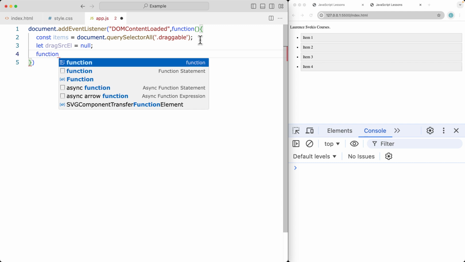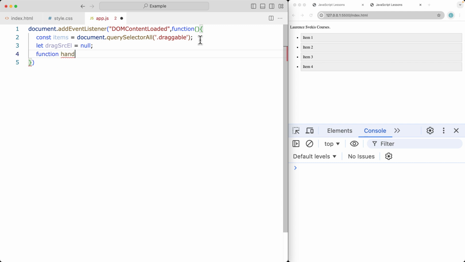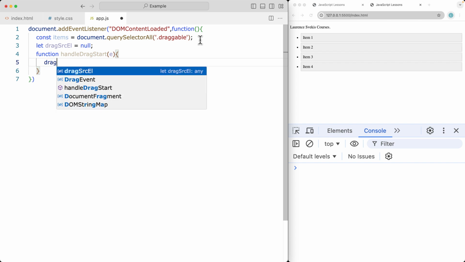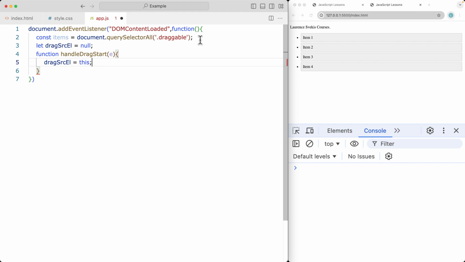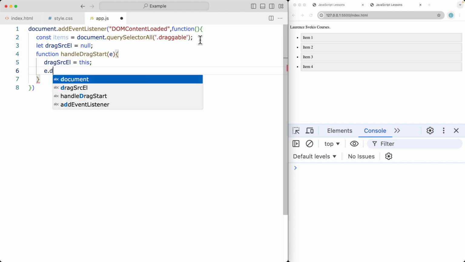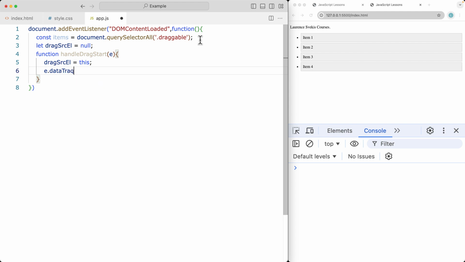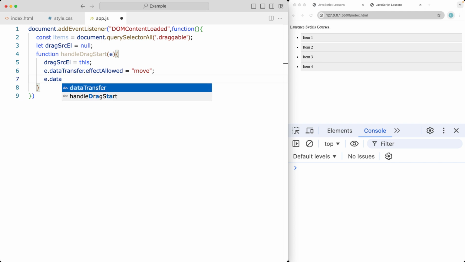And then using a function, we're going to handle this. We'll give this function a name of handleDragStart. So that's what we're going to be doing, capturing the event object of the element and setting the drag source element as whatever the element this is, whatever one is within the event object as this. And so the dataTransfer, and the effect that we're allowing is going to be the move,